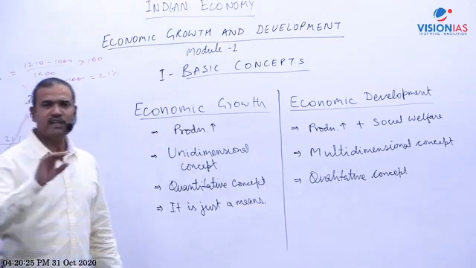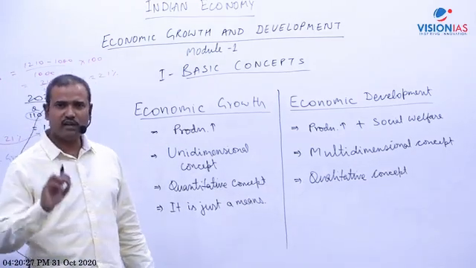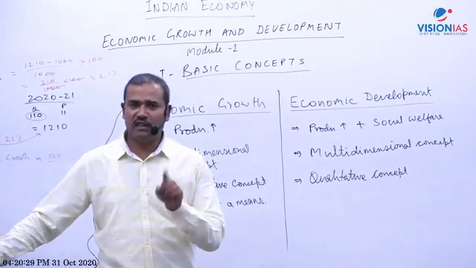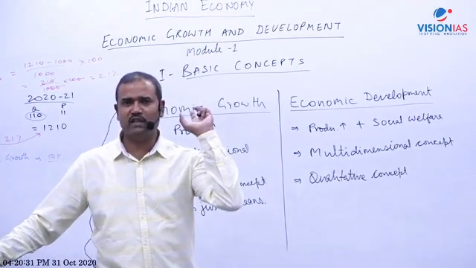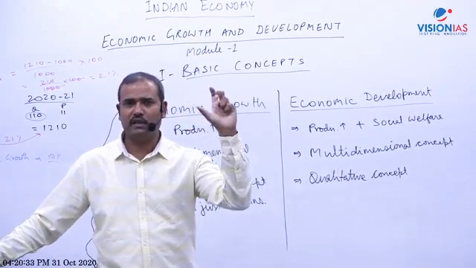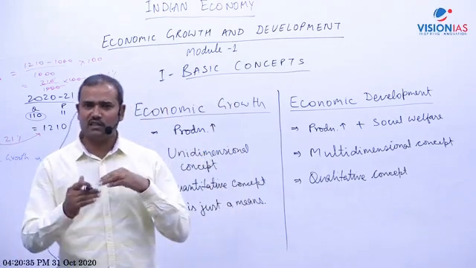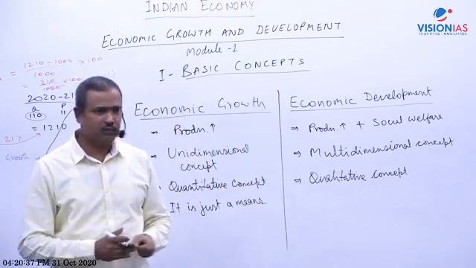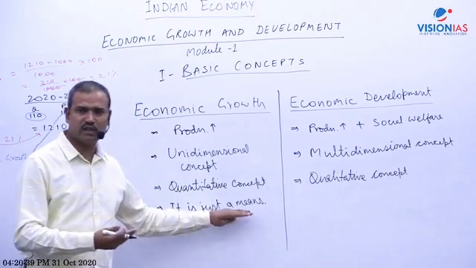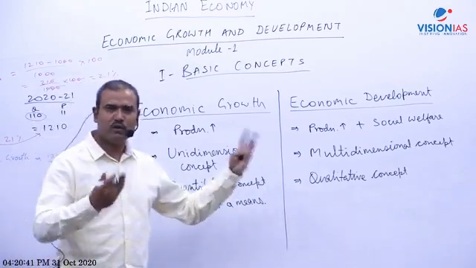For example, you are attending class. So is it your objective to attend class? No, it is a means. Your objective is to qualify the exam, to understand the concepts. So attending class is just a means. The objective is to qualify the exam. So the means is production. The ultimate objective is to enhance the well-being of people.